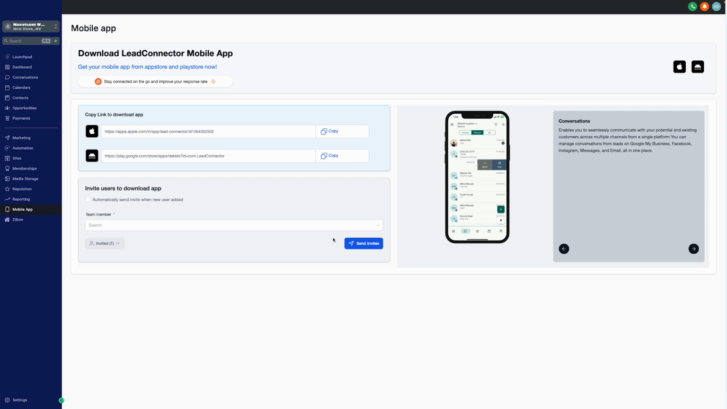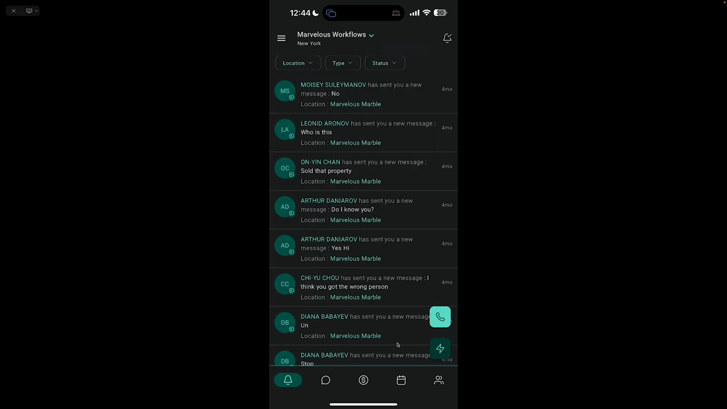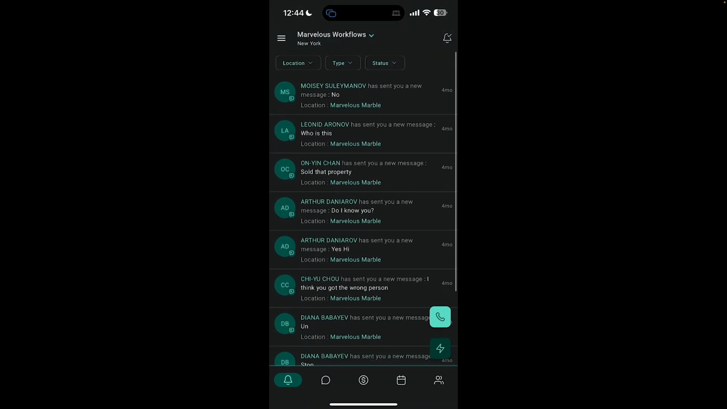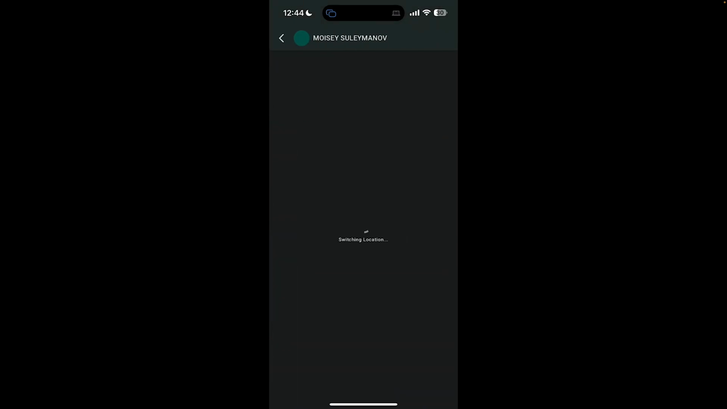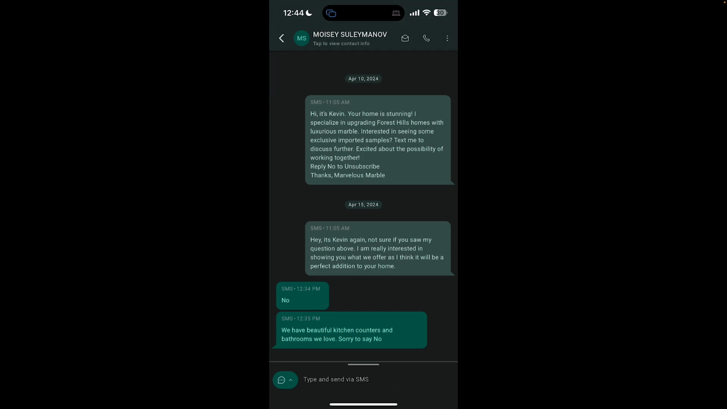All right, now I'm switching to my mobile app. All right, here we go. So when you first open the app, you'll see the main dashboard. You can see all your messages. So when you click on one specific message, for example, you can see all your message history, again, with the